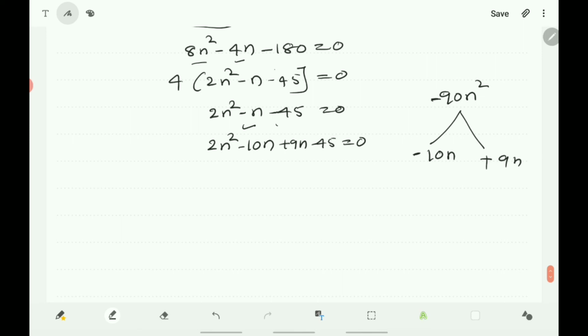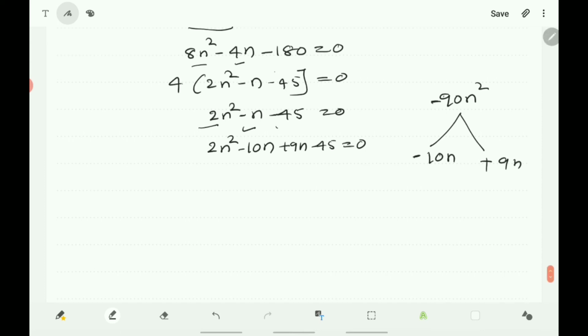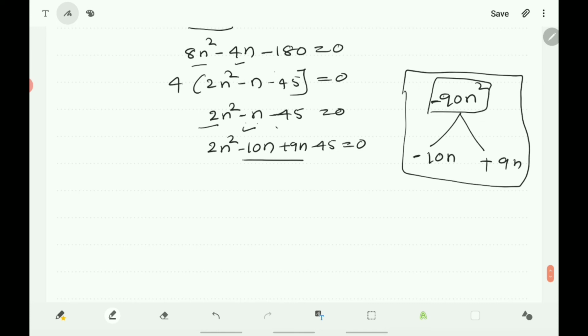So you know the method of splitting the middle term, that is factorization of the polynomial that you have learned. Here it is a quadratic equation in the form of ax square plus bx plus c equals 0, and by using the sum and the product you can split the middle term. The minus 1 becomes minus 10n plus 9n by using this product, and the product is here minus 90n square,